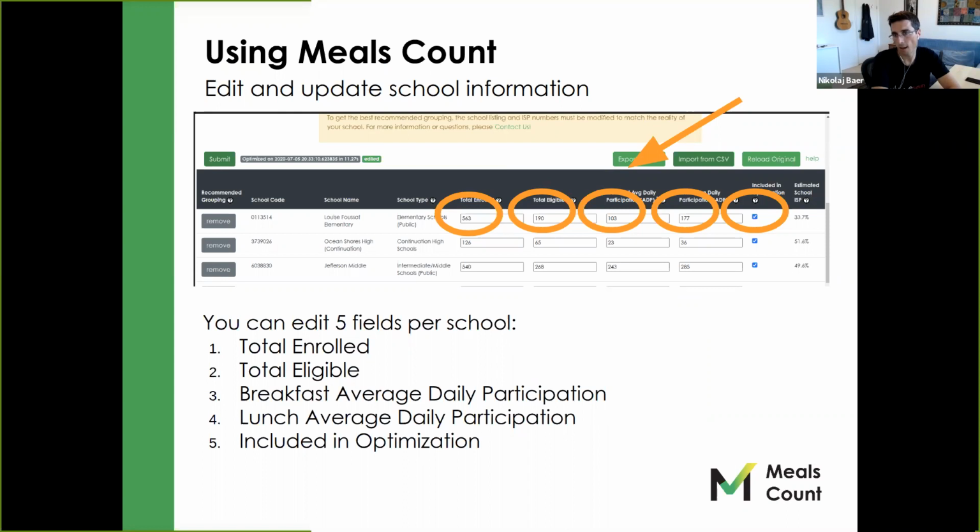One thing is as participation rates change, as you're looking at different participation rate scenarios, that's something we've seen a lot, especially right now, just because of the uncertainty. You can do this here, or you can take an Excel spreadsheet. What I've seen people do is create a baseline column that's ignored by meals count, and then create their actual average participation and just use a formula to say plus 5% or minus 5% for each of the participation rates, and just run a couple different scenarios and see where the reimbursement lands, and explore that in different scenarios. So those are all fields you can tune here and then rerun as much as you want. This tool is freely available all the time, so please do use it.